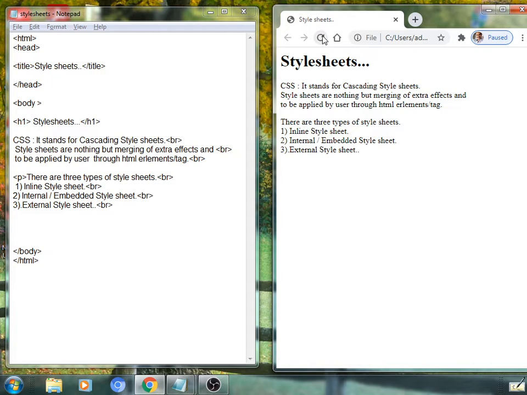As we have seen, selectors, properties and values are applied in the internal or embedded style sheet. In the same way, such a style is prepared with the help of selectors, properties and values also, but such a file is saved with a .css extension.